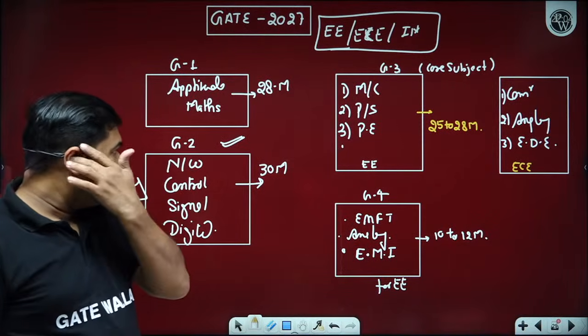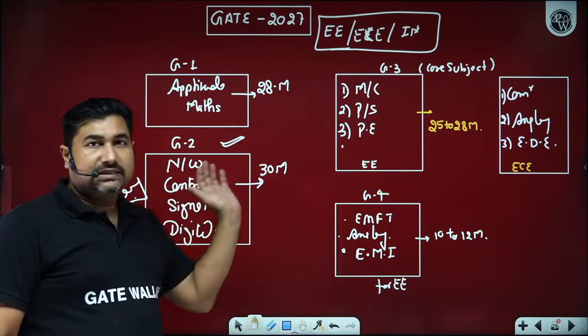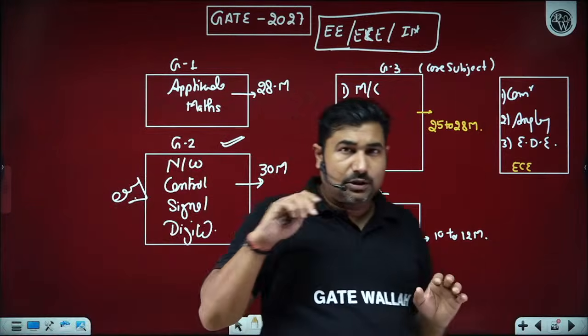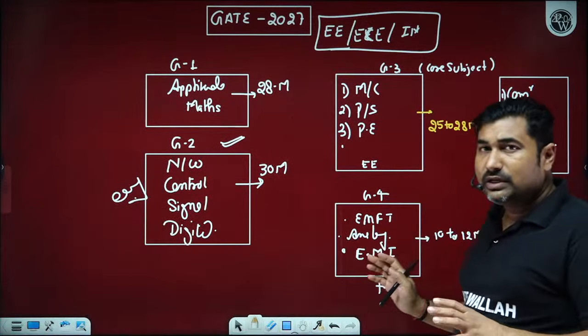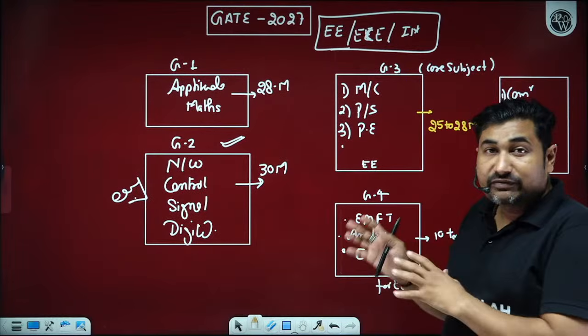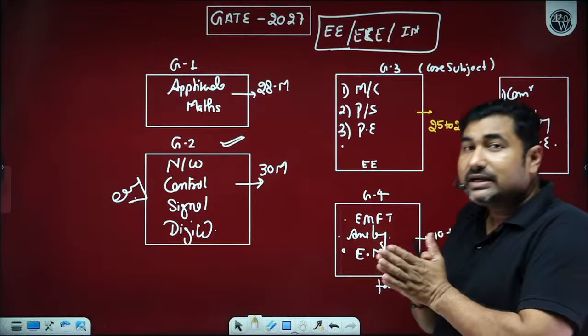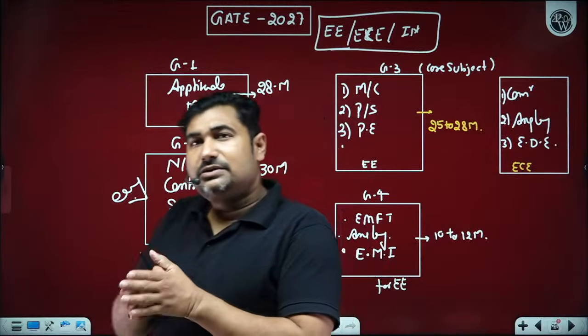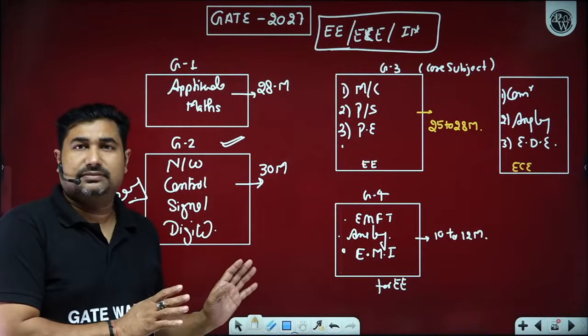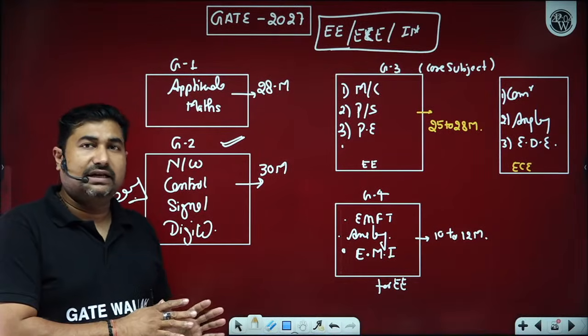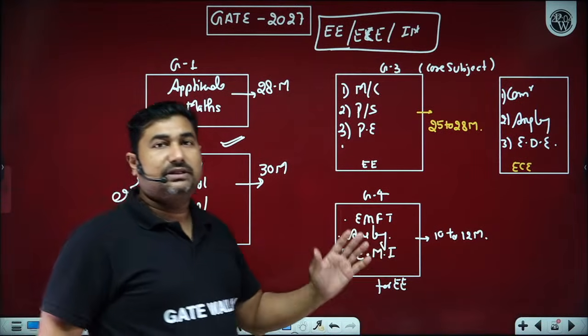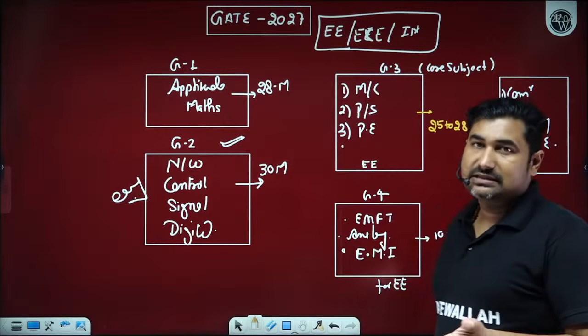There also, in group 2 you will get digital. So this group 2 is the most important group which every student has to target first. Easy subjects, easy to understand, fewer concepts, but practice is needed, so you can easily do it and easy to score. Fewer hours are needed, and then move to group number 3 or group number 4 as per your preferences.